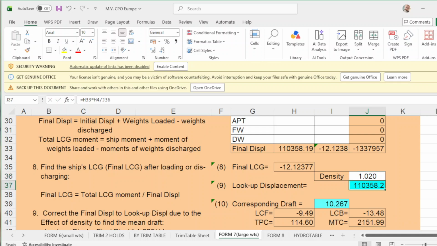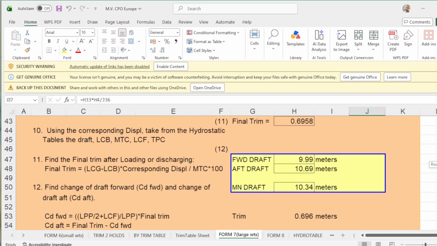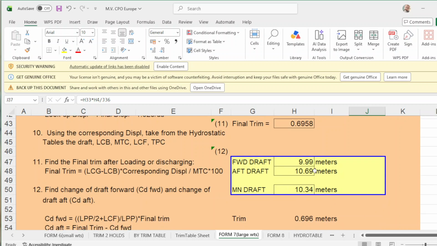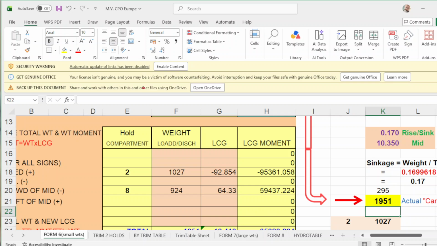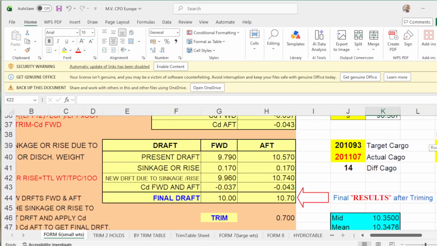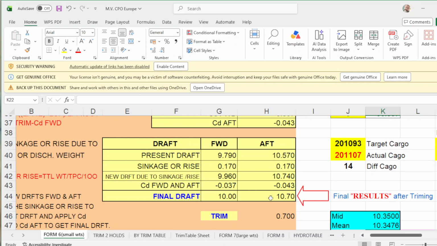Then your departure drop is almost 10 meters here. Departure drop is 10 meters. Up drop is 10.70.